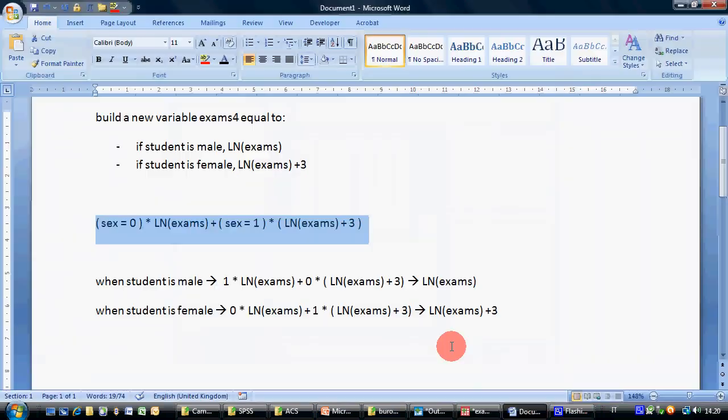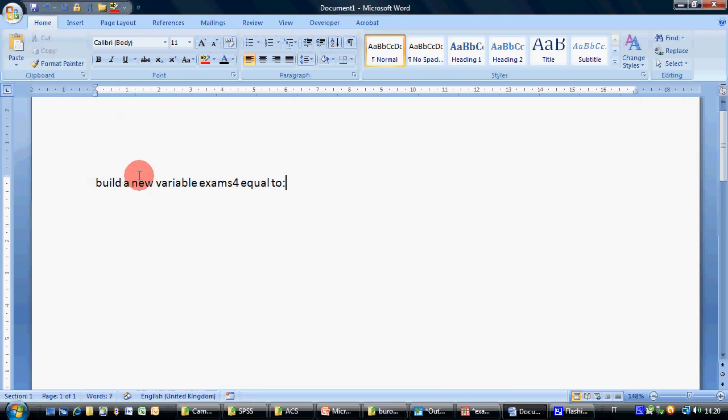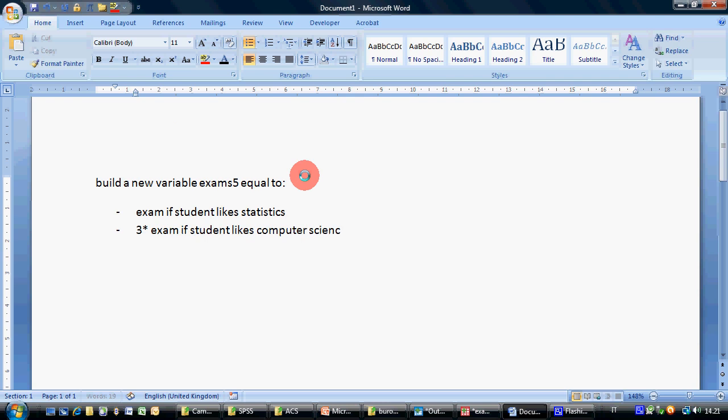Okay, for example, suppose that I ask you, build a variable exam5 equal to exam if the student likes statistics, 3 by exam if the student likes computer science, exam divided by the square root of year of birth if the student likes law, etc, etc. Okay, let's do 2 by exam in all other cases. Okay, in this case, well, it's a little boring using the if. It's much faster to do